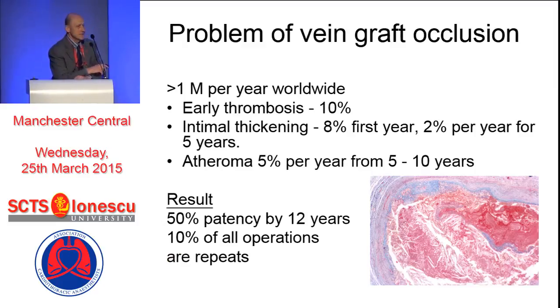There are 1 million procedures every year with about 3 veins used in each procedure. About 10% of these veins will occlude in the first few days due to early thrombosis. Another 10% will go in the first year thanks to this intimal thickening process, and a bit more perhaps over the next 5 years. And then because you've got this fat thickened intima, you'll get atheroma in 5% of these